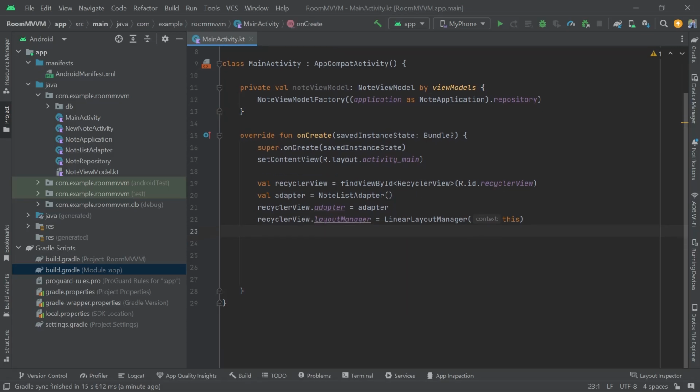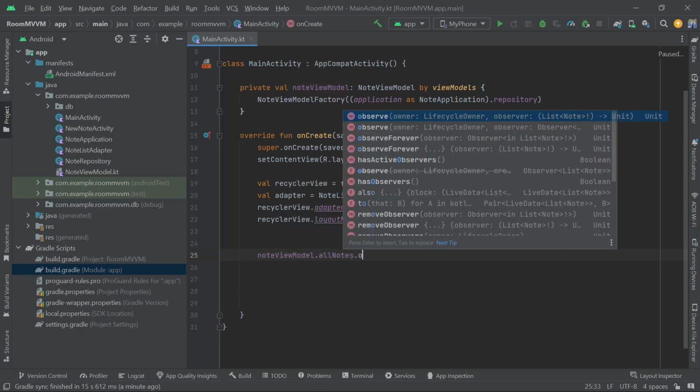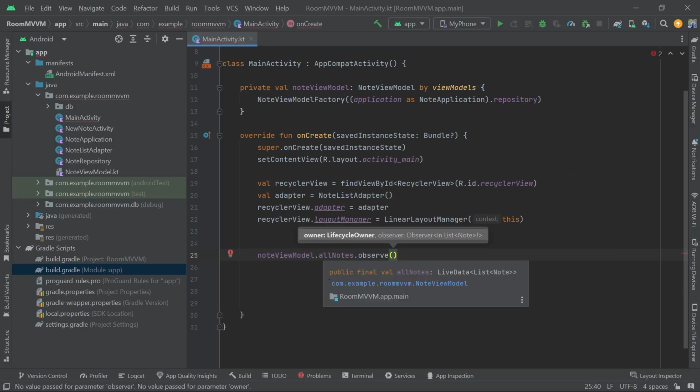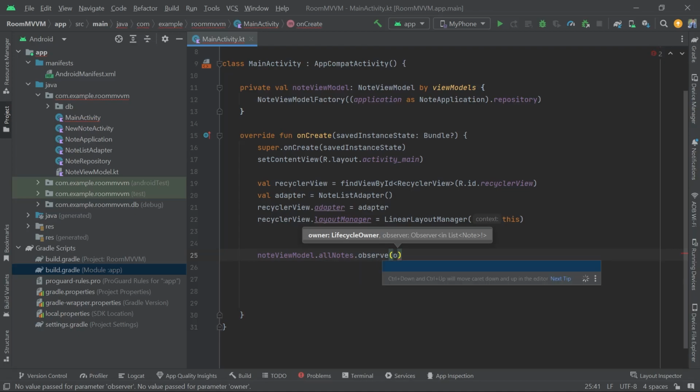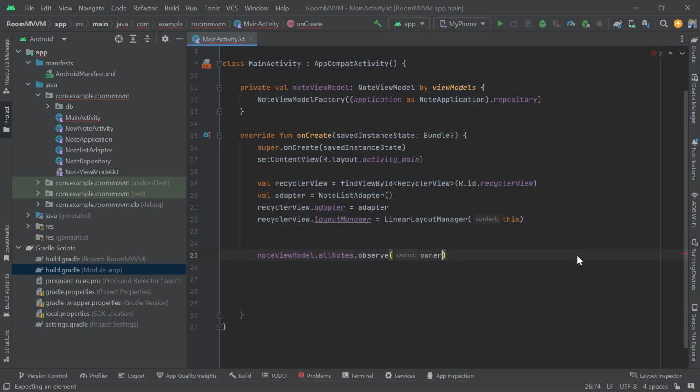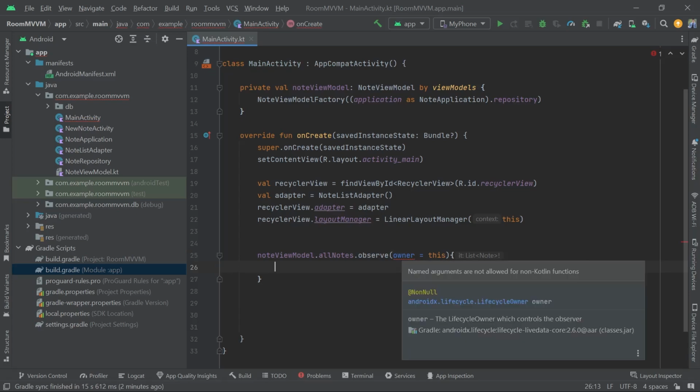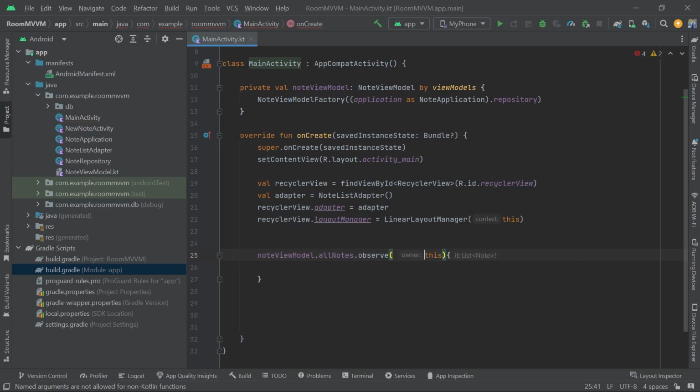So we have to set an observer, and that will be our note view model dot all notes dot observe. So we can observe because this is a live data object, right? And inside this we can just pass owner. Okay, we have to pass owner equal to this. And after this, why is it showing an error? Let me remove this. So now it will return us a list of notes,